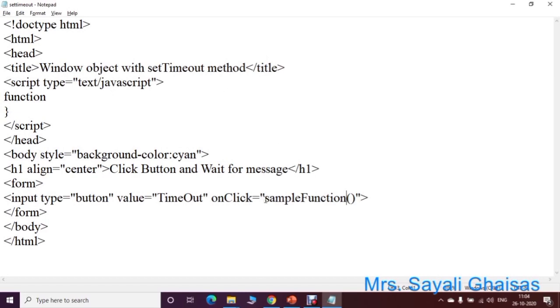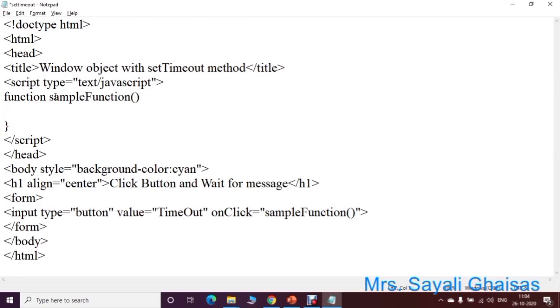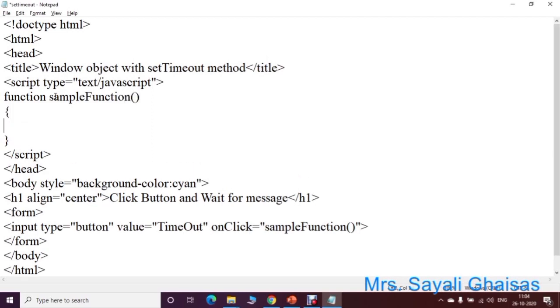Here we have to write down a sample function within this script tag. So add here a function sample function. Within this, that is curly bracket open and close. Now we are going to use a window object. So window dot its method is set timeout.